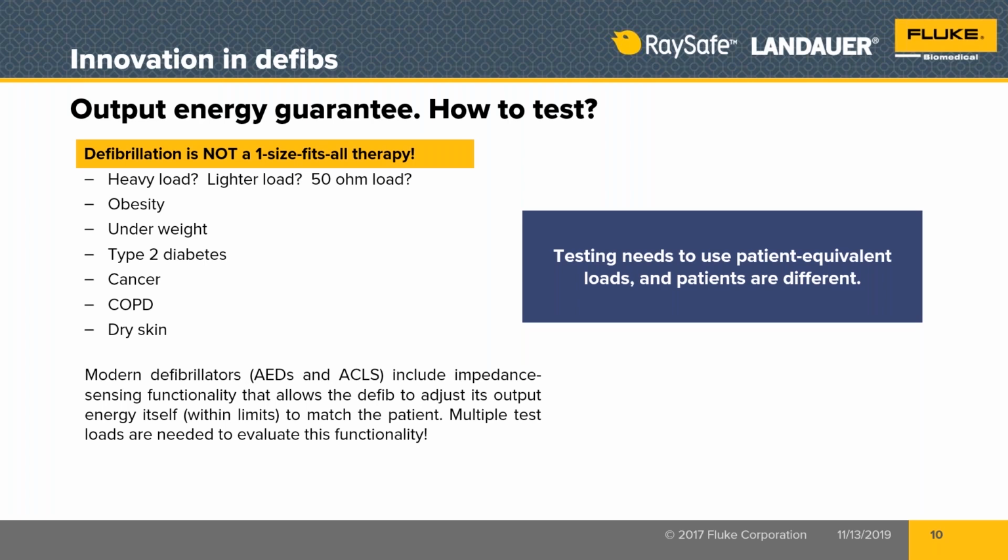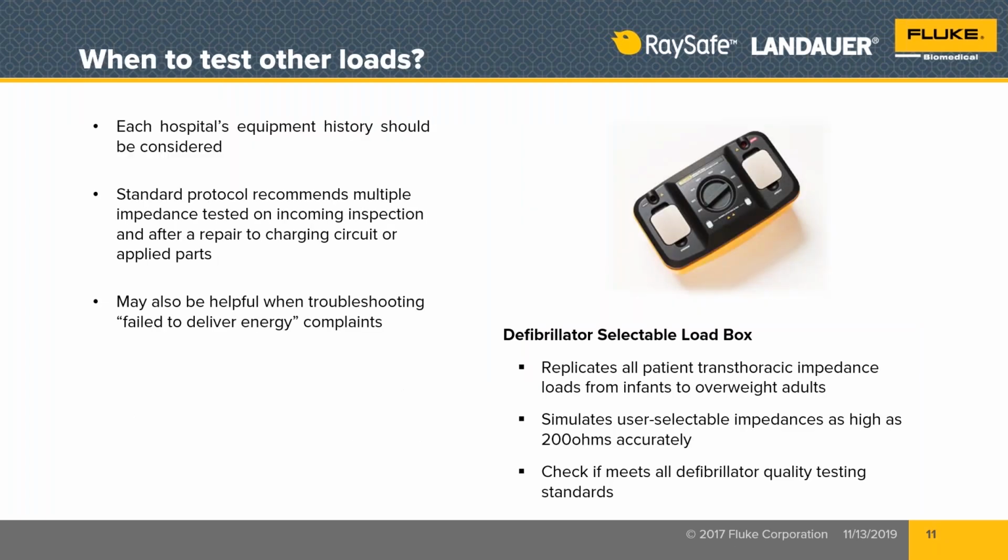resistance values or load values above and below that 50 ohms, because the average obesity of the patients across the world today is really more like 70 ohms, not 50. So we just need to be able to do that. And so you can't test these functionalities with just that one single 50 ohm load. So what do we do? Well,